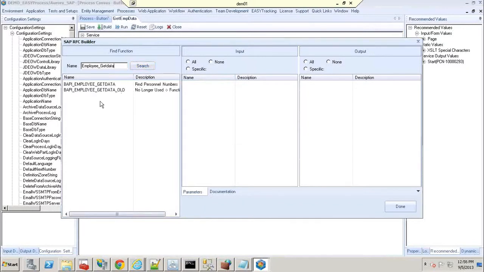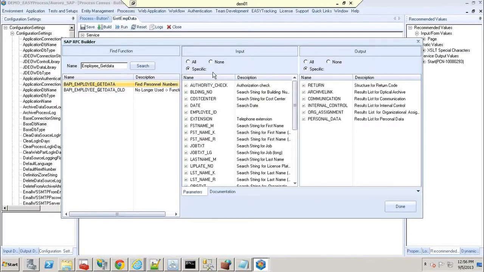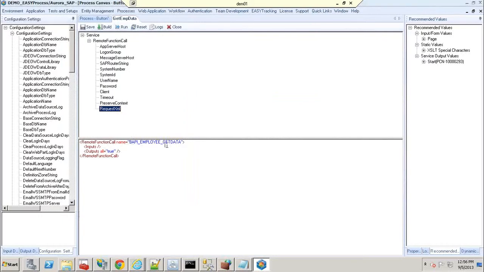Recognize that we're working with a remote SAP installation, so there's a few issues time-wise here. So here is my function. I can select my employee number, which is the key here, and